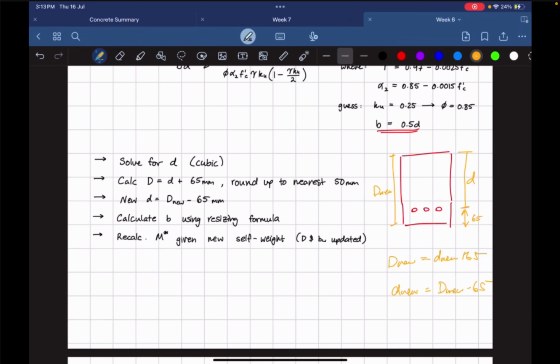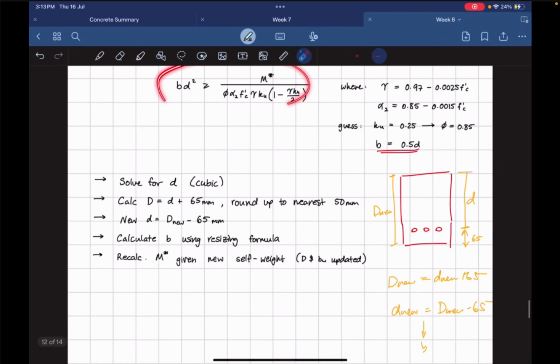And then from there, you're going to calculate your new B value by chucking it in up here. So we have B up there, B D squared. Because we know what D is, we just calculate what B is. Or, sorry, don't use that, use 0.5 D, the assumption that we made. You can put it in here, but why would you do that when we've already assumed it's 0.5 D? And then you're going to have to recalculate M star because